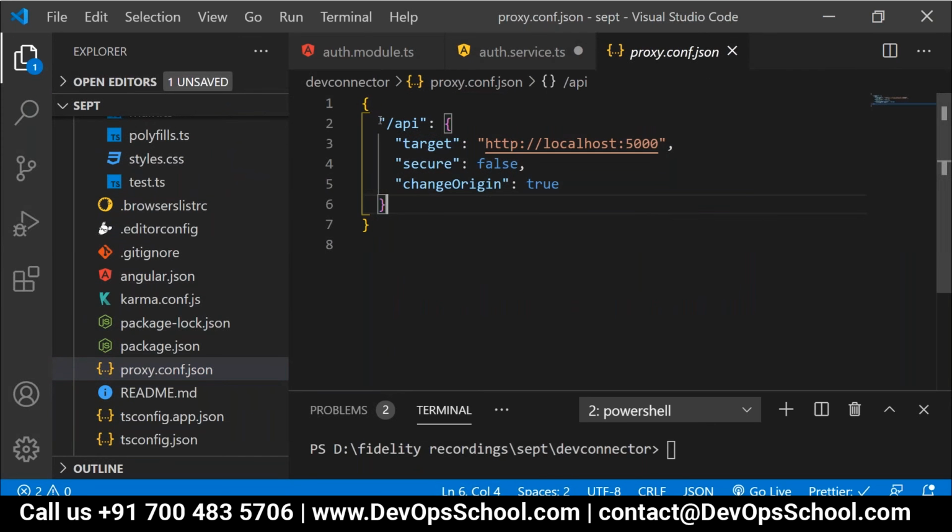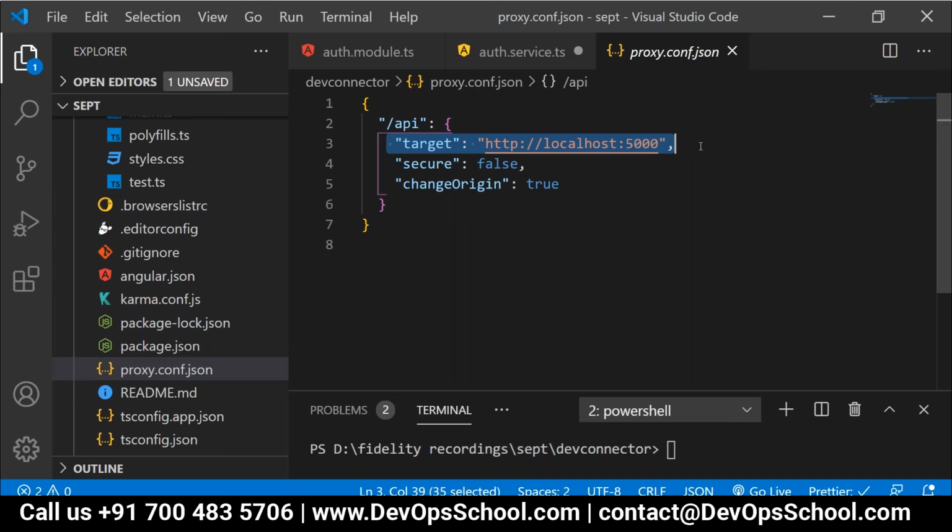Here it means whenever I'm coming with the /API usage across my Angular application, what it will do, its target will be localhost:5000. You got the point.